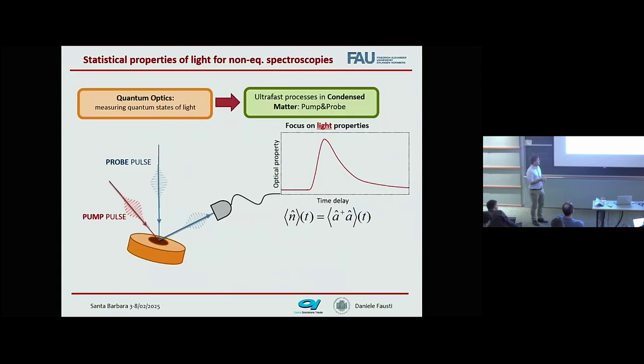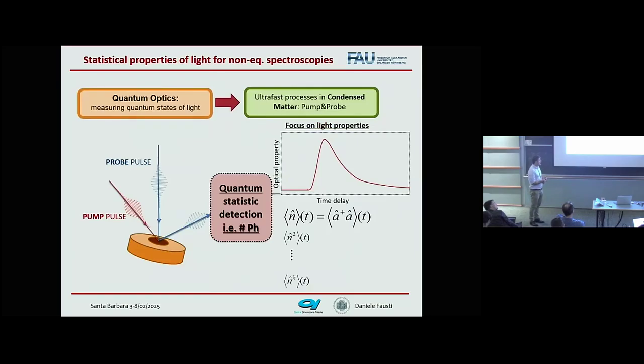But if I look at the problem from the point of view of what happens to the probe light, obviously I can store much more information in this probe. I can, for instance, ask myself, what is the spectroscopic information which I have in photon number fluctuations? Do photon number fluctuations, so I apologize for my English, but it's also part of the code, carry spectroscopic information which is not there if I just measure mean values?